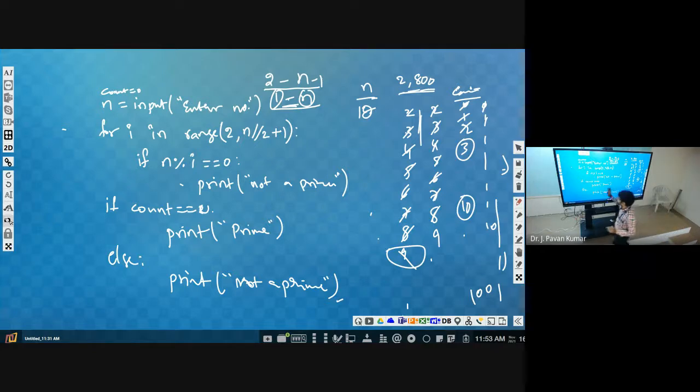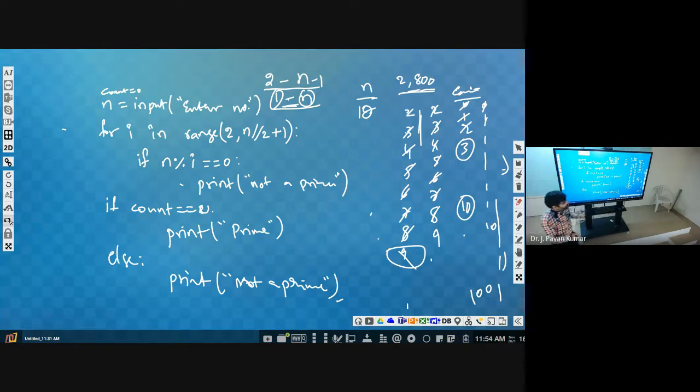So for that, the requirement is whenever we find a factor for the given number, we want to terminate this loop. If you don't find a factor, try to understand, we have to continue. We are repeating from 2 to n by 2. Whenever you find a factor in between, then straight away we can conclude that it is not a prime and we have to stop. We don't want to repeat this. Otherwise we have to continue until the end.